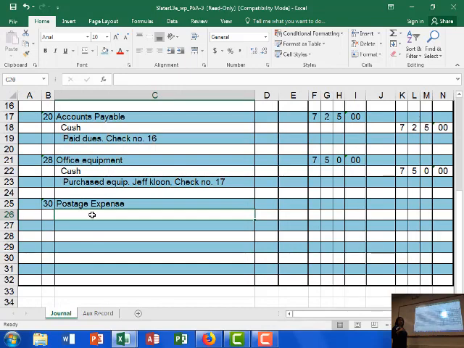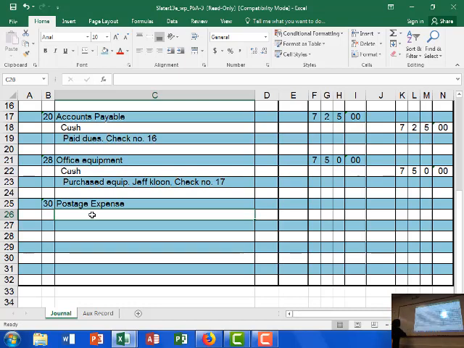But the weird thing about this is that it doesn't show the money going back into petty cash. You just explain it in your explanation area, your third row, which I kind of don't like because it just shows that it's coming out of cash. But you say replenishment of petty cash, because it's still cash. But you have to identify in your general journal that it's coming out of the cash, that you showed the money leaving, and now you're taking that same amount out and just moving it to petty cash. Because this is what's happening.